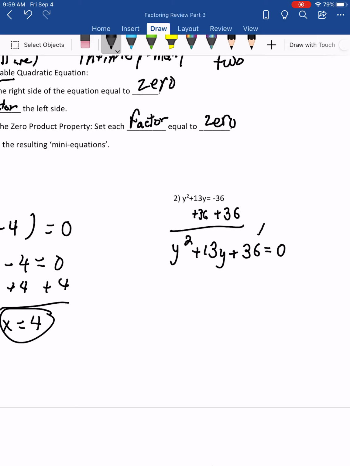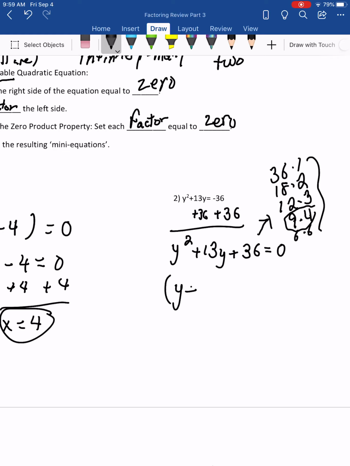So we need factors of 36: 36 and 1, 18 and 2, 12 and 3, and 9 and 4, and 6 and 6. So we need a pair that multiplies to 36, which of course these all do, and adds to the middle term. The one that's going to work here is 9 and 4 because 9 plus 4 will give you 13. And everything is positive on the left side. So this is going to be y plus 9 times y plus 4